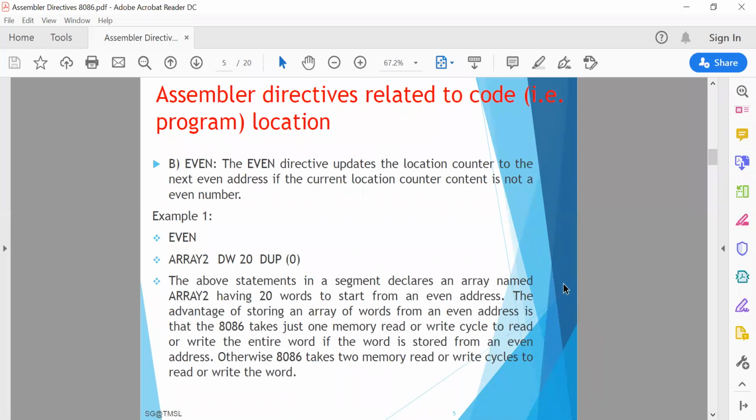The next is the EVEN directive, which is again for a program location. It is called the even directive, align on even memory address.